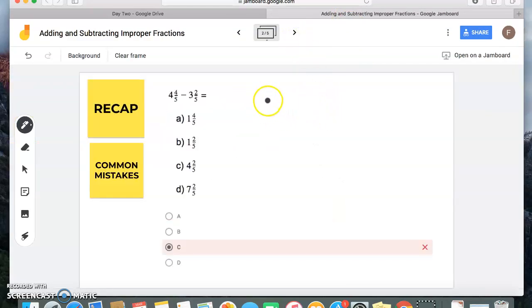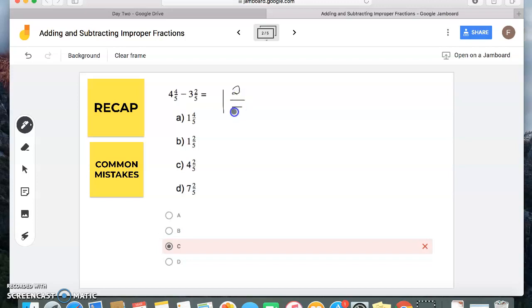4 4/5 minus 3 2/5. Now you can set this up leaving it horizontally, or you can rewrite it vertically, either way. But I wanted you to recognize that the most common mistake I saw in many of these problems is some of you subtracted or added your whole number. So you did 4 minus 3, which is 1, which is great. But then you didn't do it to your numerators. So then you only subtracted your whole number, but you didn't subtract your numerators. So you can't forget you're also doing 4 minus 2, which is 2, and we keep the same denominator of